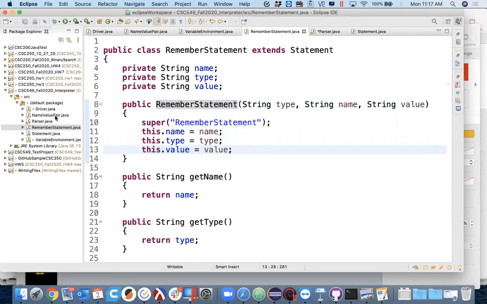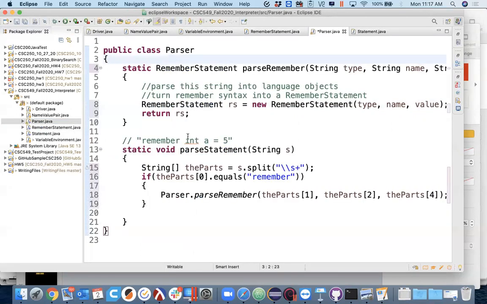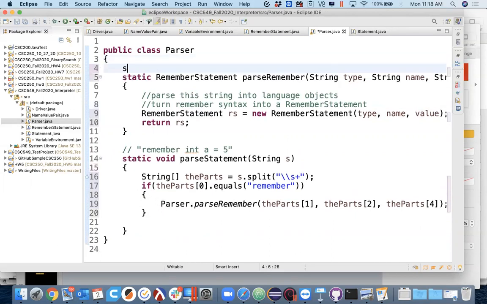All right, so now go back to our parser. Our parseRemember is ultimately going to give us a RememberStatement built out of these three pieces of information. And then what we're doing right now is returning that guy. We could either return it and deal with it in here, and I'll go ahead and do that. So I'm going to say that a parser